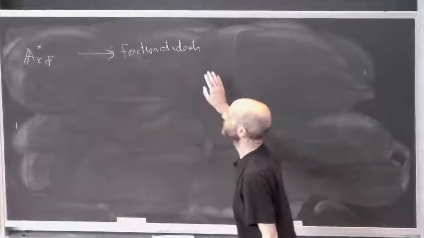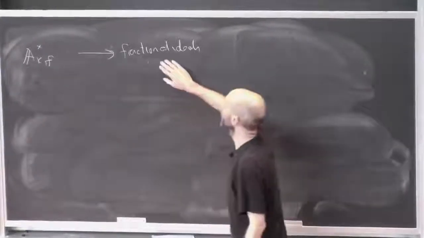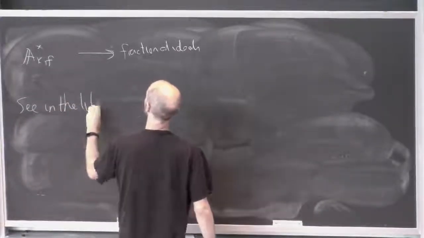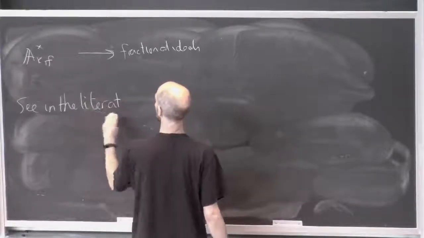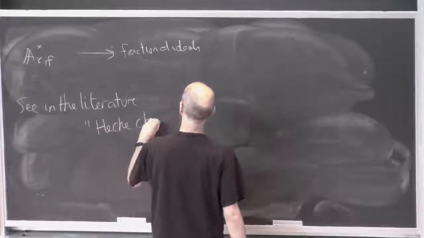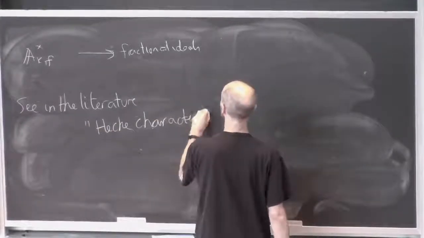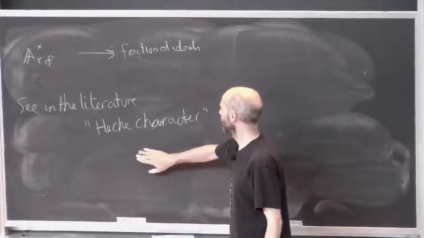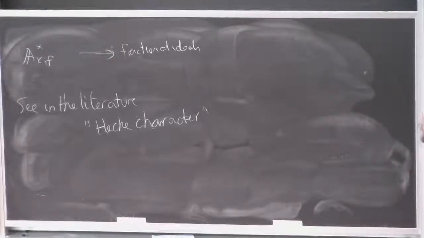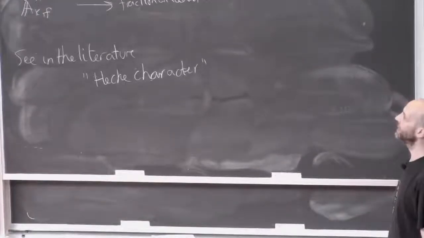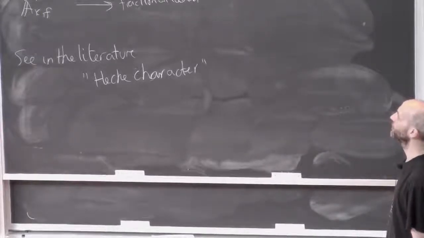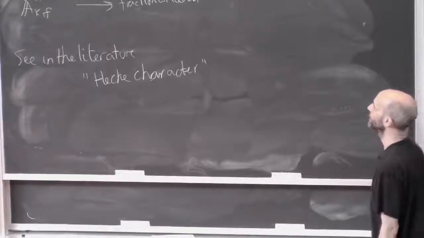And so people sometimes, instead of introducing this stuff, start looking at maps. So you see this in the literature. Sometimes it's called a Hecke character. You see in the literature the notion of a Hecke character. It would not surprise me, I'm not really a historian, but Hecke's work was from the 1930s, and I think that was when Hensel was defining the p-adic numbers around that time. So it would not surprise me if there weren't any adeles. There couldn't have been adeles in Hecke's work, because even though there might have been local fields, there were no ideles and adeles.